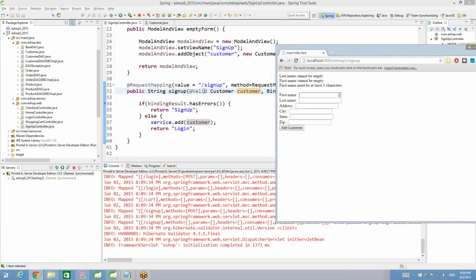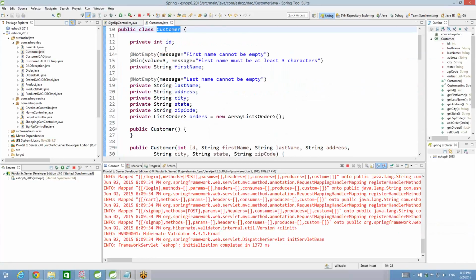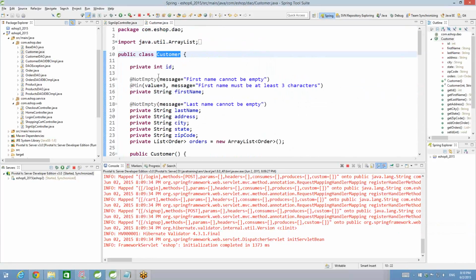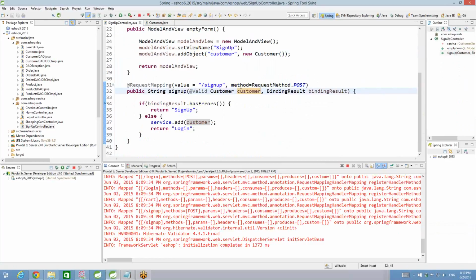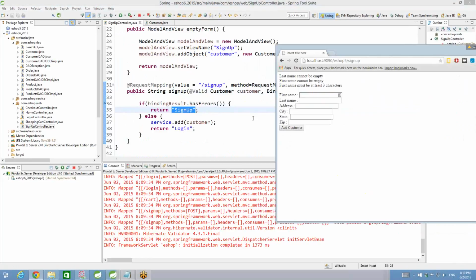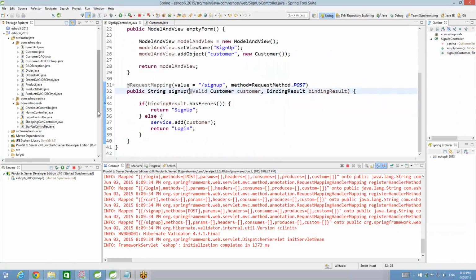It looked at the @Valid annotation, and the dispatcher servlet understands that, okay, this guy wants me to validate this model before I give it to him. Okay, now I'll give it. I will call the Hibernate validator and give this model to it, and Hibernate validator will give all the errors, and I'll populate all those errors to binding result. And he made the decision that the binding result has errors, so I'm throwing it to the same page. Okay, and in the JSP page